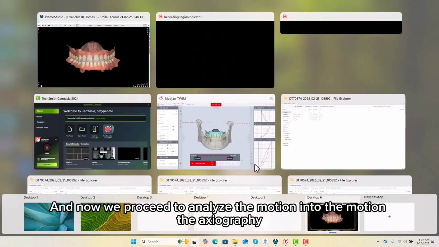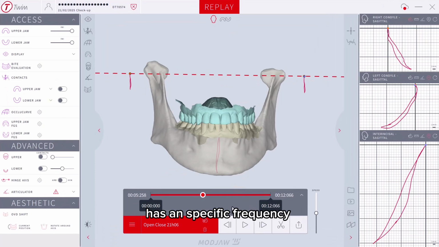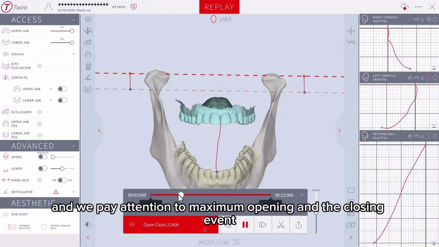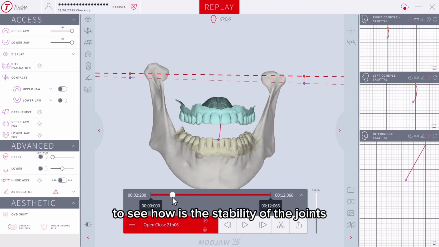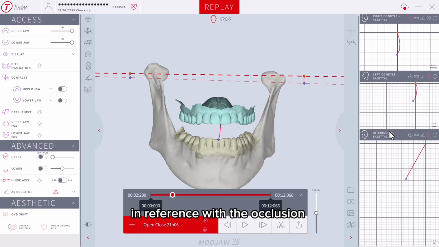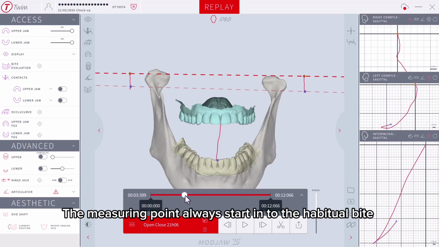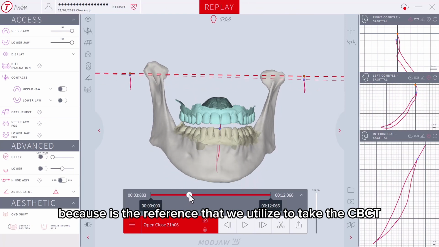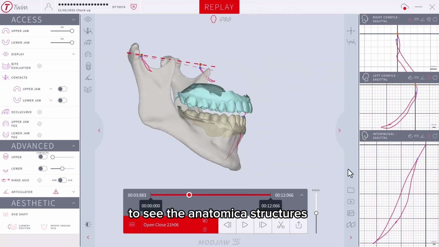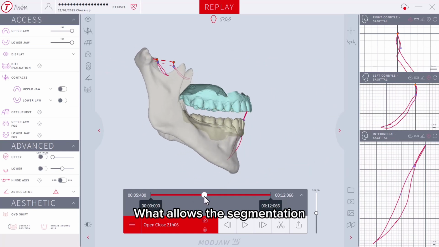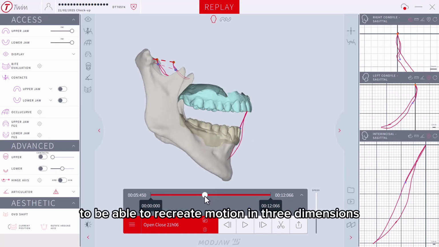In the motion analysis, the axiography has a specific frequency. We see opening and closing, and we pay attention to the maximum opening and the closing event to see how stable the joints are in reference to the occlusion. The measuring point always starts in habitual bite because it's the reference we use to take the CBCT to see the anatomical structures,